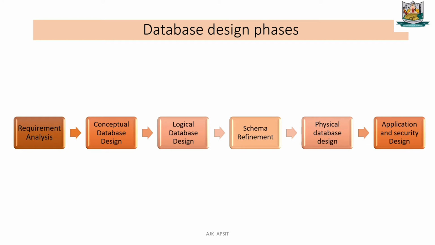There are various phases of the database design. After the user requirement, the conceptual design is built. The conceptual design contains the ER model. The ER diagram is mapped into the logical relational data model. Physical design is the final step where the data is actually stored in the database.